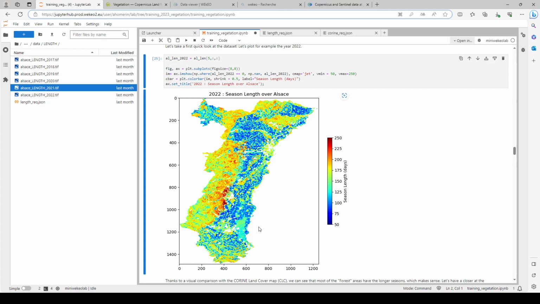As we can see, if we remember, those areas which are mainly blue were the agricultural areas, and they are quite short compared to the forest areas, which have much longer seasons, which is consistent because